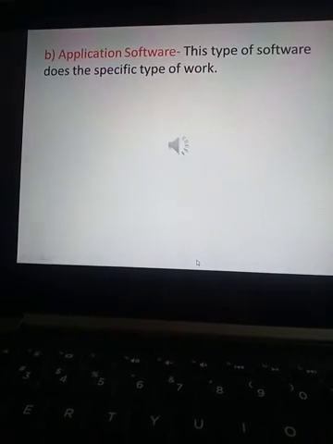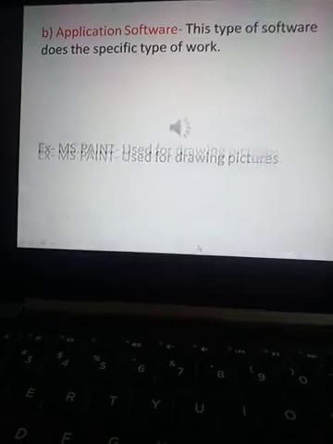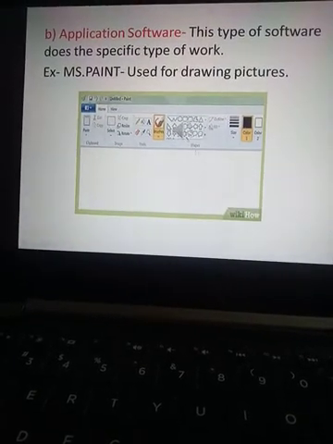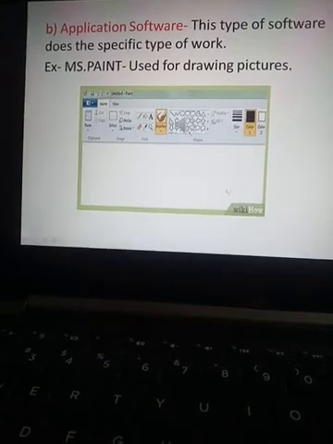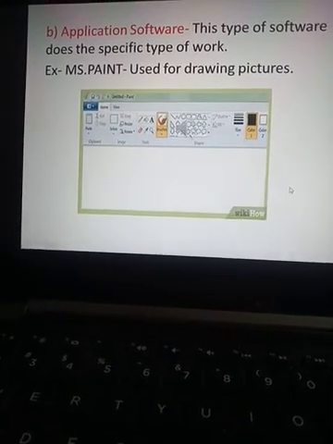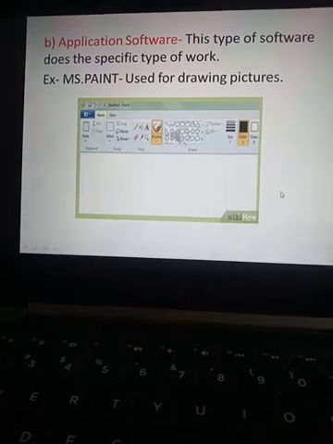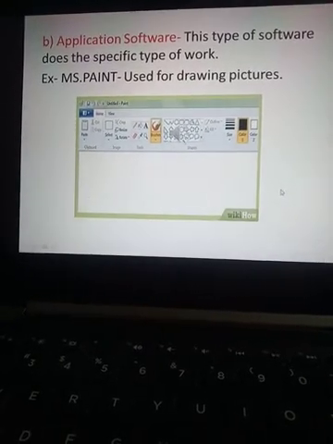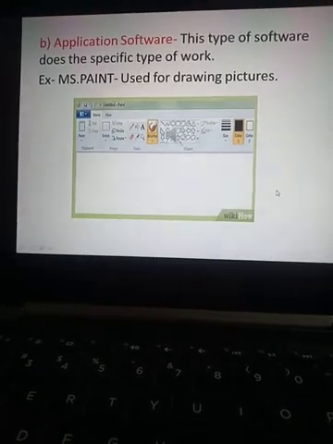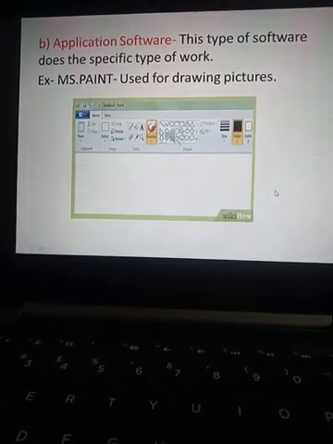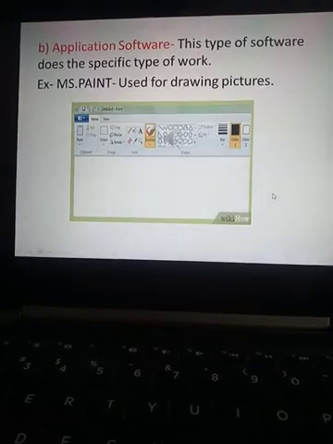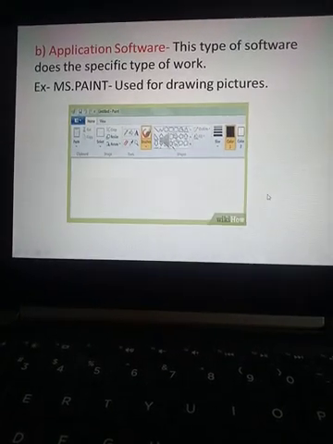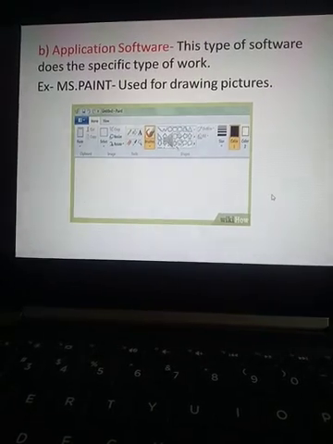Like in a computer, MS Paint is an application software mainly used for drawing pictures. Children, what is application software? It is a type of software which is used to do a specific type of work. I am taking the example of a mobile phone. We have different types of software in a mobile phone also. There is JioSaavn Music, which we use for listening to songs.